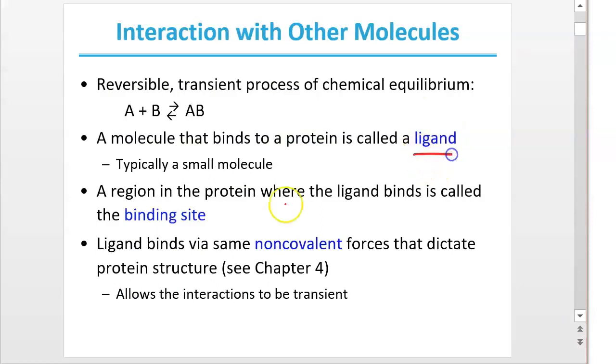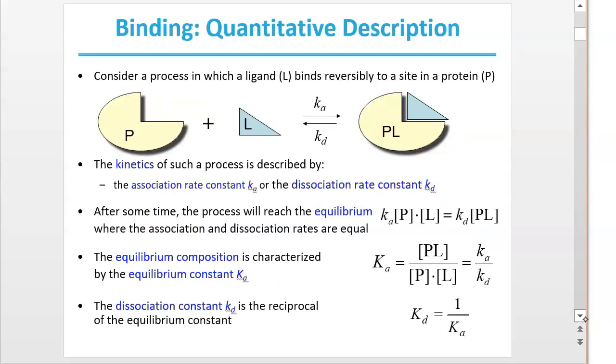So you have a ligand, you have a binding site, and when the ligand binds to the binding site, that's going to be reversible. So it's going to be favorable or be made more favorable by all the kinds of interactions that we learned about in the non-covalent interactions part of the course. So things like hydrogen bonding, electrostatic interactions, and also the hydrophobic effect. Here's an equation plus a cartoon, but if you ignore the cartoon, then you just have an equation which says the P for protein plus L for the ligand, and that reversibly binds to give the protein-ligand complex, PL.